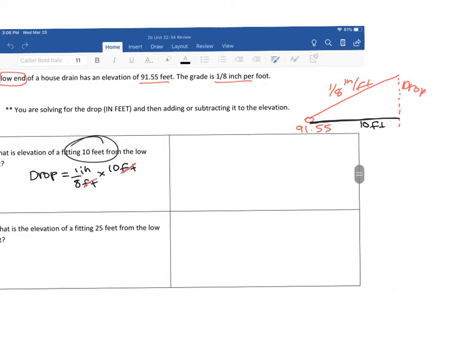The feet cancel out, so all we're left with is 1 inch times 10, which is 10 inches, divided by 8. In my calculator, I'm going to divide. 10 divided by 8 is 1.25. So that is our drop in inches. Now we want to know